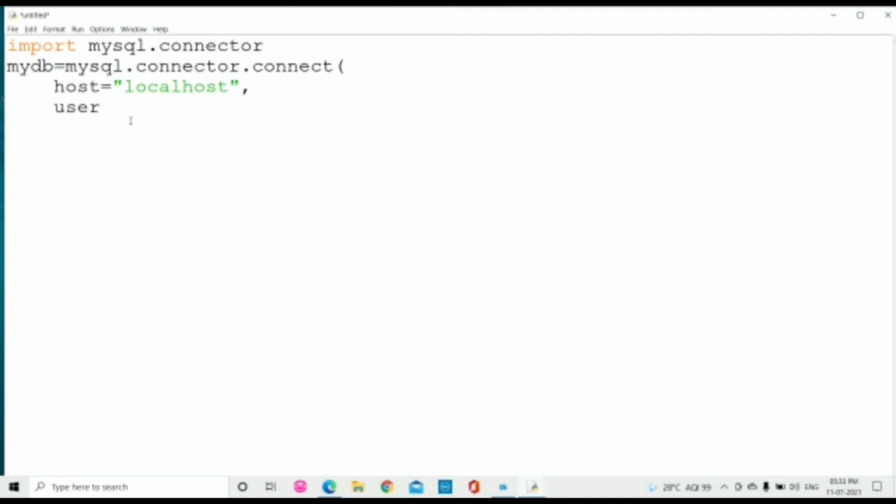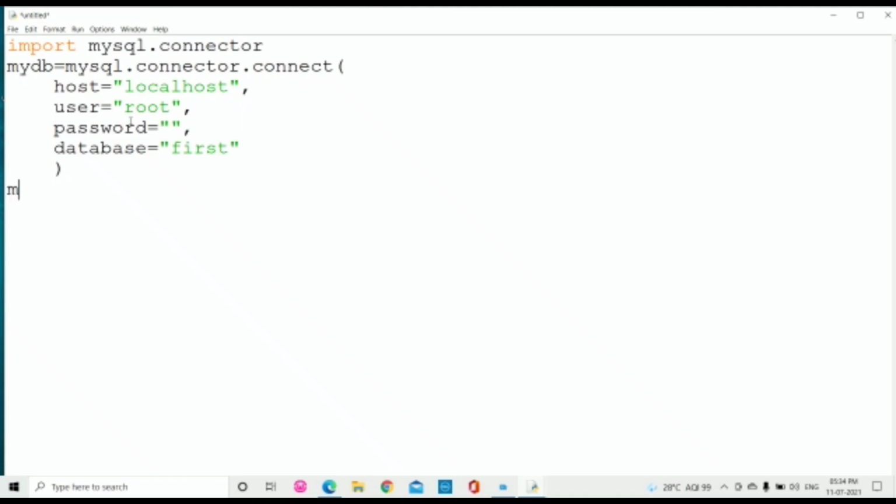The user is, as I said, the default root. Let me go for root, comma, and the password. By default there is no password, so there is no need of giving a password. Then you have one more thing, which is the database you are trying to access. The database I used was first. So let me go for first itself, and then I am closing this. So I have now connected.